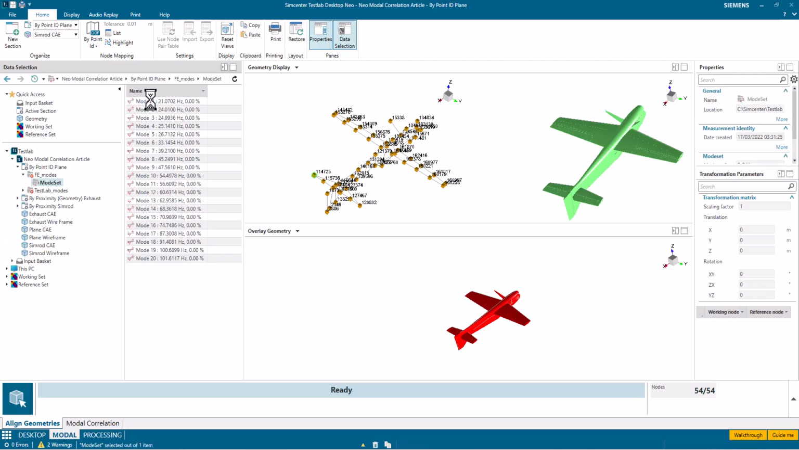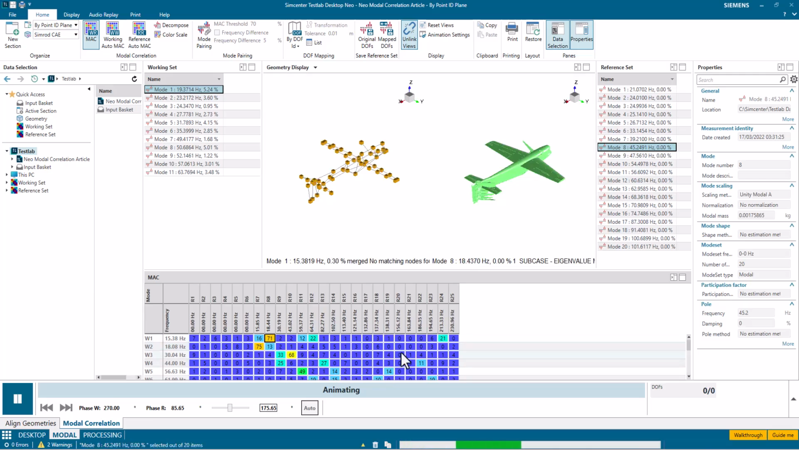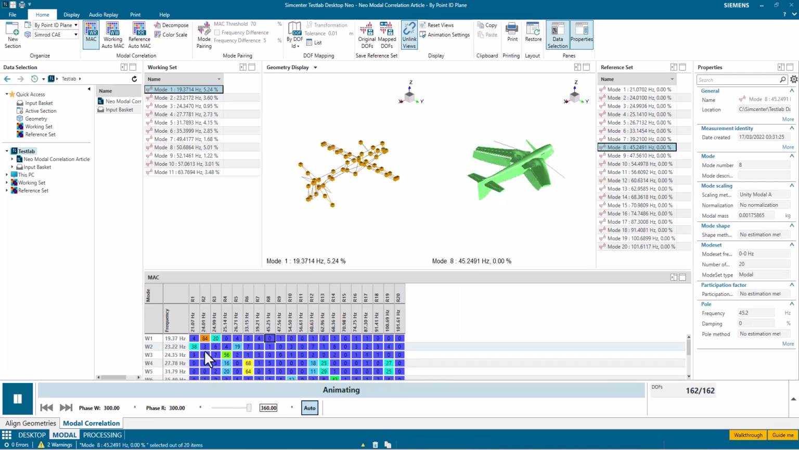These, once again, you can tell because they're all at 0, so these are my reference set, the set that I simulated, and this is the set that I actually performed my test on, so I'll set working modes, and I'll come into modal correlation, and now my MAC matrix has been generated, and I can click the modes that are the highest aligned by